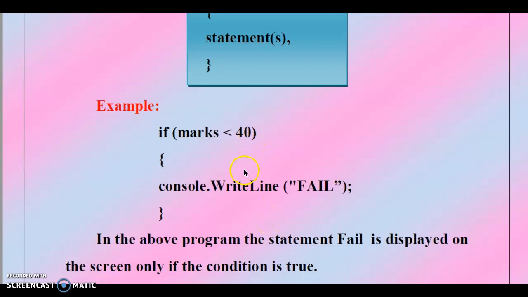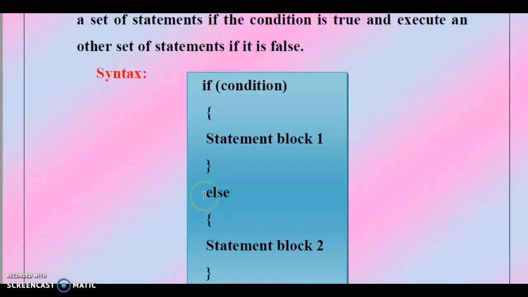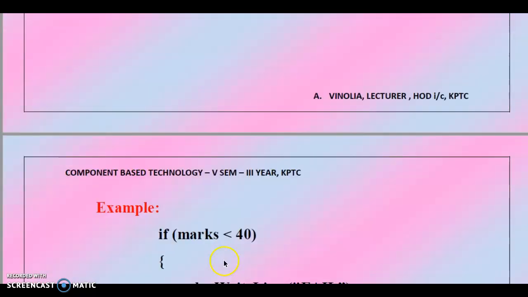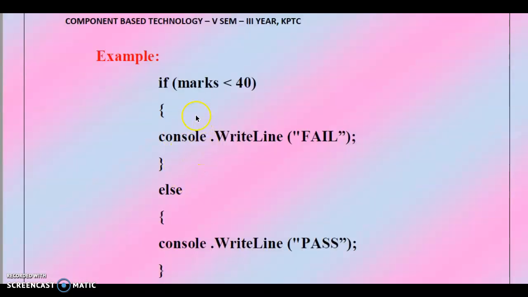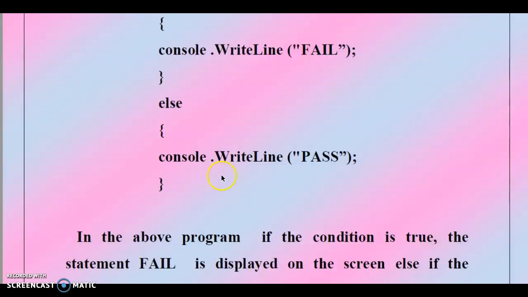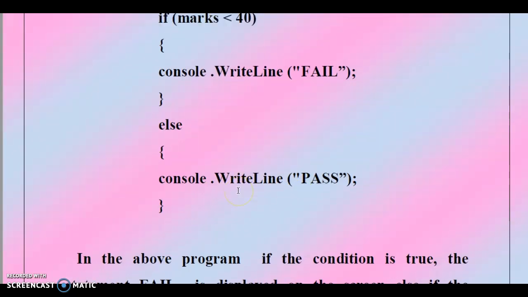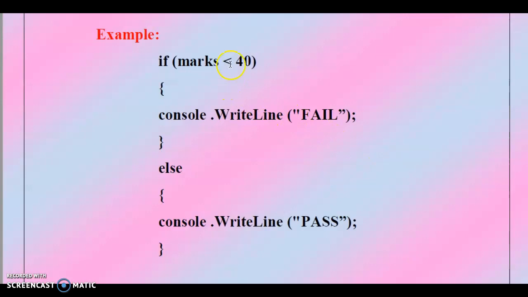So like that, double conditions, that is, if the condition is true we give some statements. Similarly, if the condition is false we have to give some statements. This is the concept of if-else. So let us see the example. If marks less than 40, if the mark the user enters is less than 40, console.writeline prints fail on the screen. When we say else, it is not less than 40, that means it is greater than 40. So console.writeline pass. In if-else, this is concentrating on both the conditions, true as well as